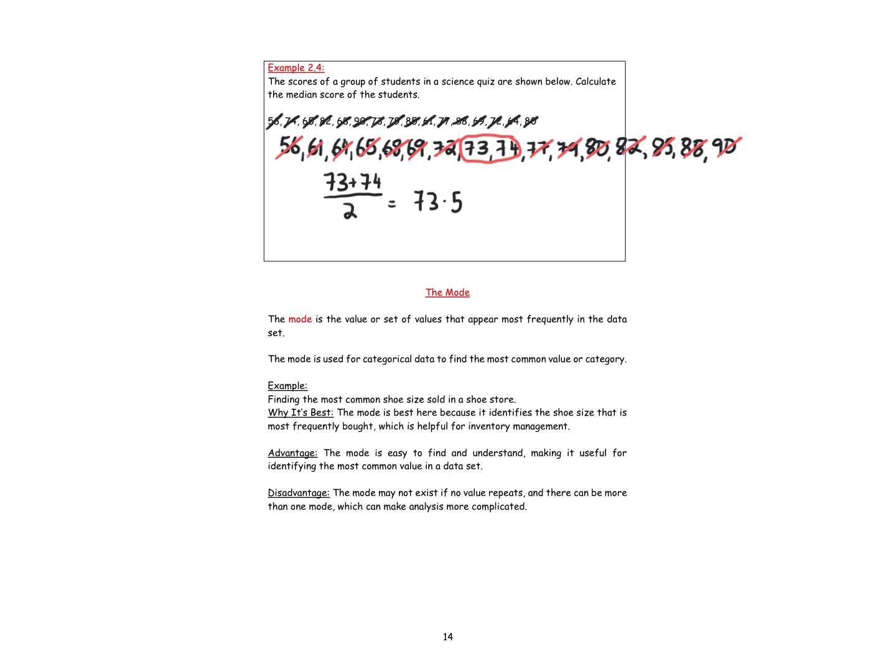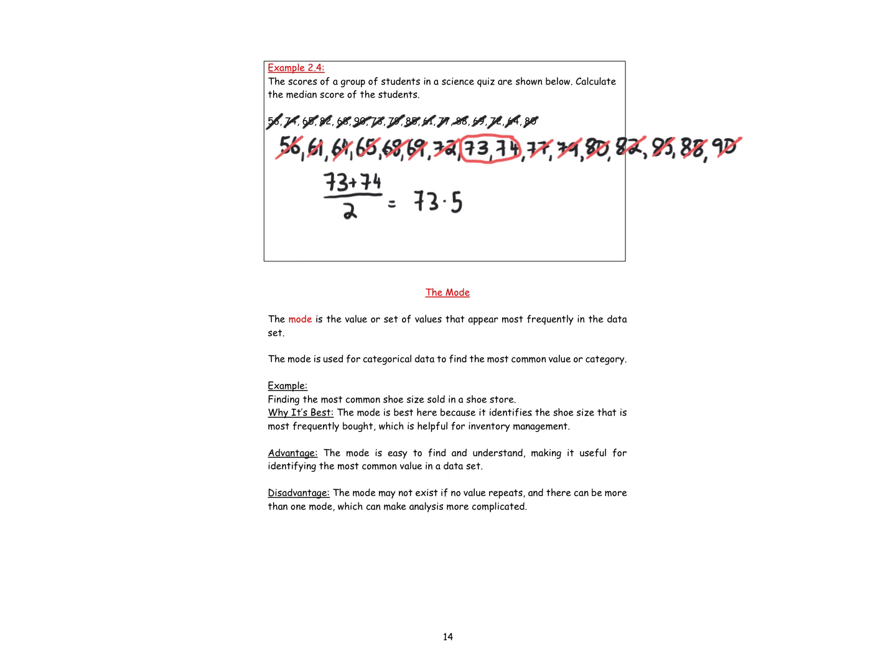73.5. The final measure of central tendency that we'll be looking at is the mode. Now, the mode is the value or set of values that appear most frequently in the data set. The mode is used for categorical data to find the most common value or category. It's usually not used as often when we're dealing with numerical data. It's more when we're doing examples like common shoe size, as I have here, or if you're looking at common car color,